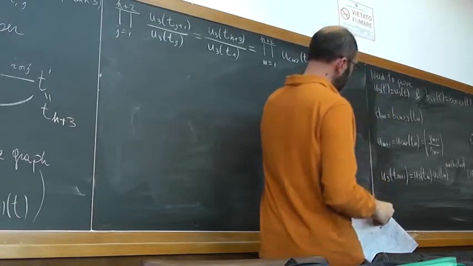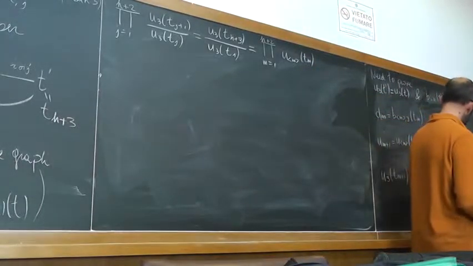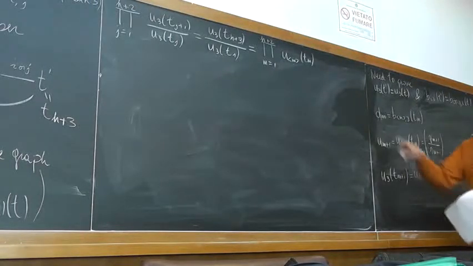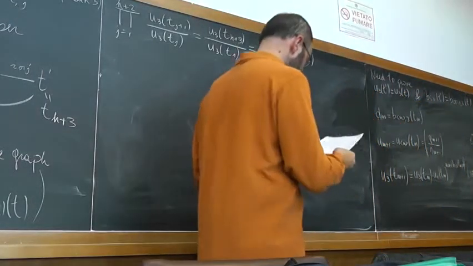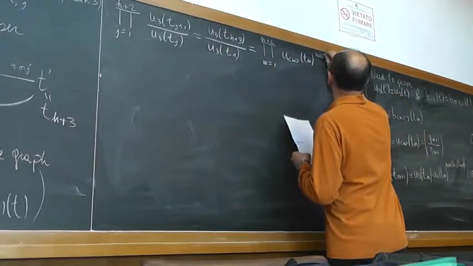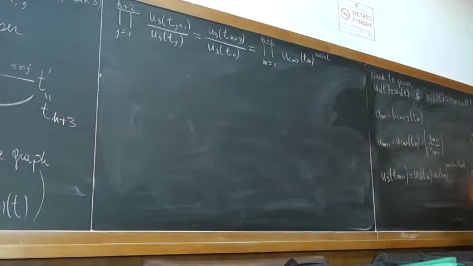So this is good in both cases, because of course in this case m is odd, and so we have u_1 of t_m, while in this case m is even, so we have u_2 of t_m. So it works in both cases, to the maximum between these two elements here. So this element here is what we denoted d_m,